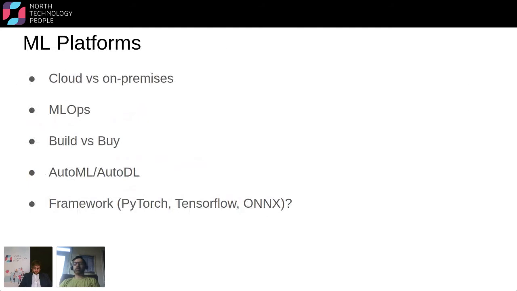As per the ML component that I cover, another big issue is ML platforms. Which platform should I use? Should I go with cloud versus on-premises? Just like the normal software engineering lifecycle, where in software engineering we have DevOps, in machine learning we have MLOps. Having a system which takes care of everything from the data initiation phase to the deployment, to the monitoring and to the feedback path.